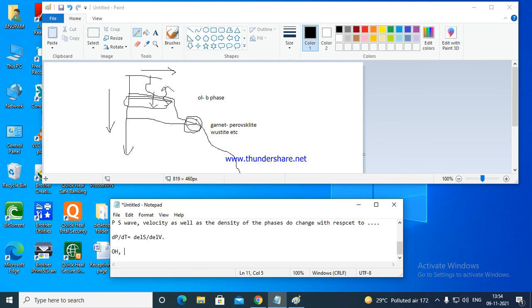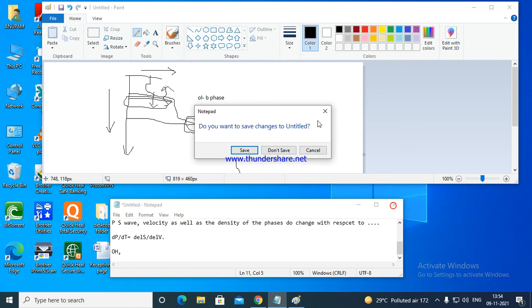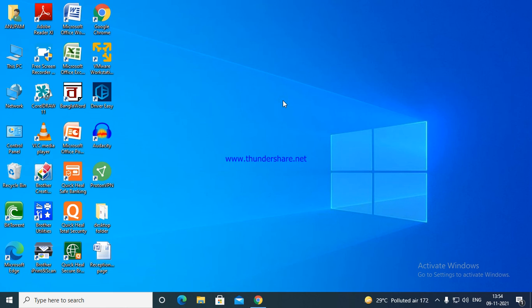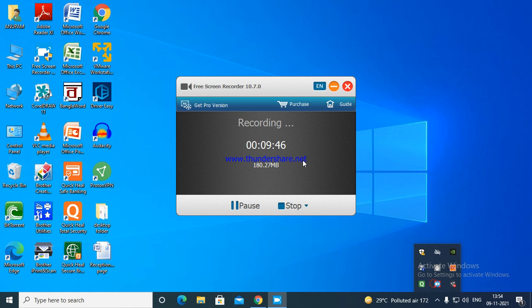Now obviously these associated changes will be important to identify, as to how the changes are taking place, or how the characterization of the mineralogy as well as